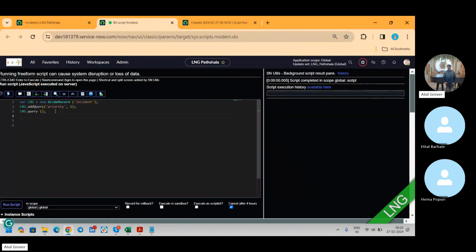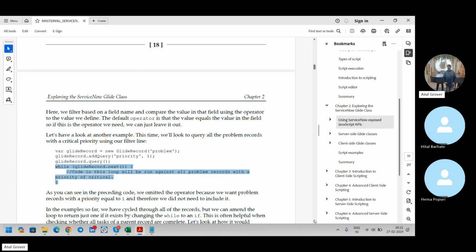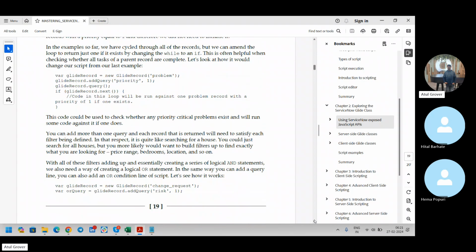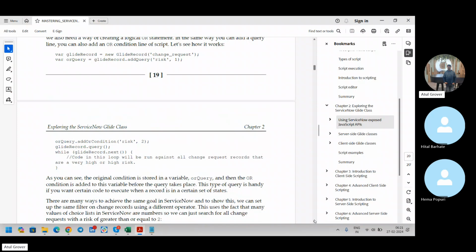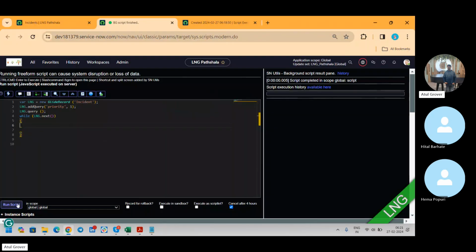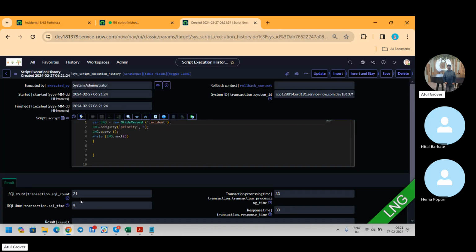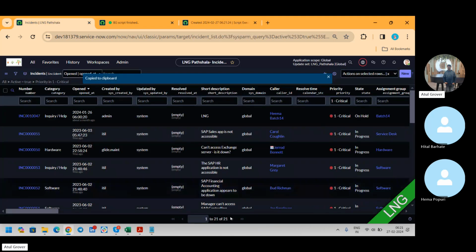Now addQuery, I am copying it, while lng.next, और क्या करें यहाँ पर, जब तक जितने रिकॉर्ड्स हैं वो लेके आओ, और 1 क्या करना है यहाँ पर, इसका कुछ है क्या, and do we have some code here, go next, next. देखो इसको रन करके देखते हैं। रन हो गया, let's say available here, देखिए अब क्या रिजल्ट्स आए। देखो 21 रिकॉर्ड्स हैं, टोटल 21 है हमारे पास। 21 रिकॉर्ड्स आ गए।